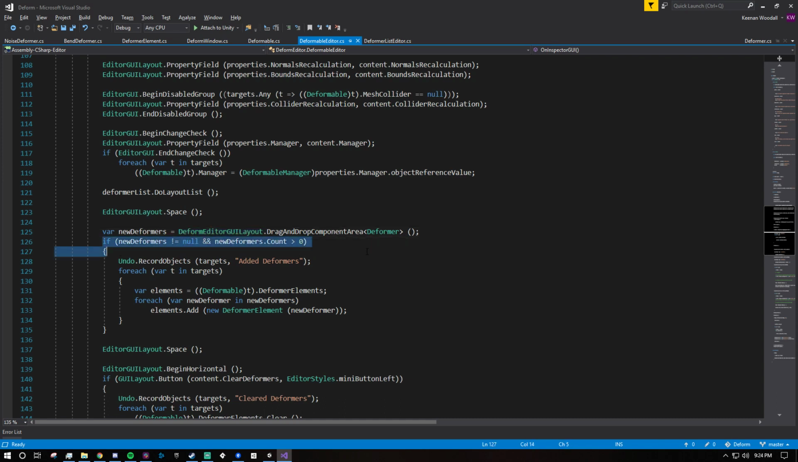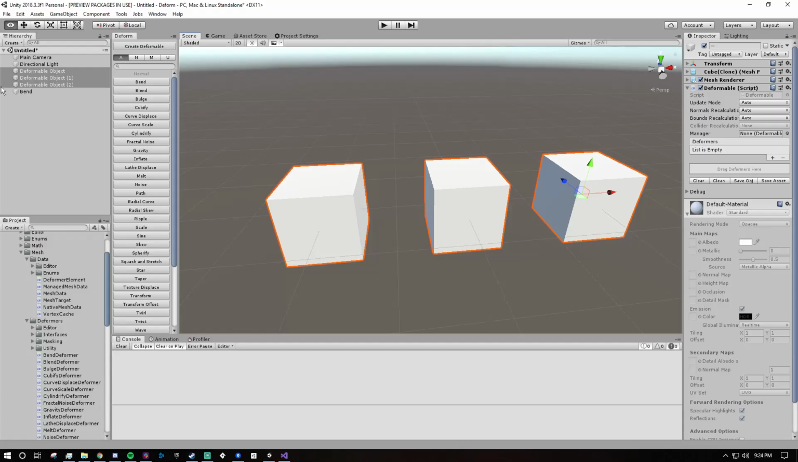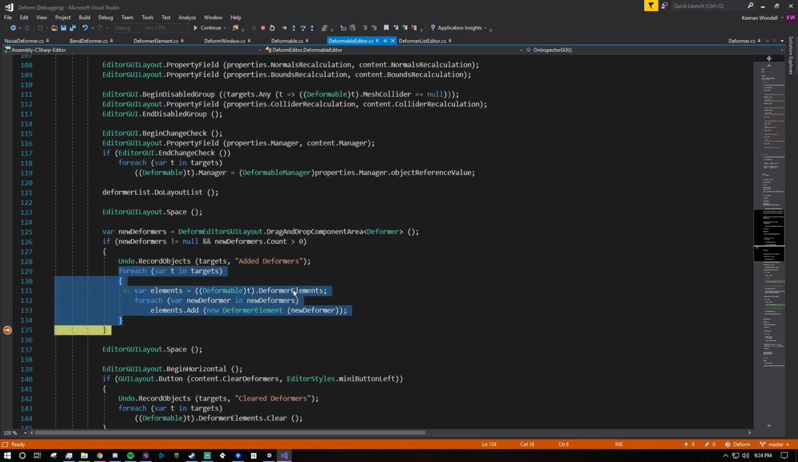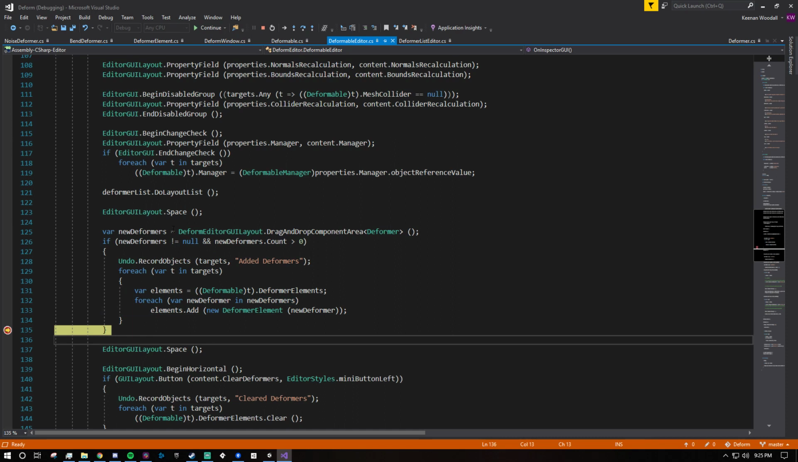So basically, I'm then checking, is it null? It's not null. Does it have actual elements in there? And I'll put a breakpoint right here so you can see. Okay, so it's there. I drop it here. I hit this breakpoint, so I've gotten my list of elements, which is just that bend deformer. And then I loop through all the selected objects. I get each selected object's elements array or list, and then I add the bend deformer, or whichever ones were drag and dropped. So I add each one here,